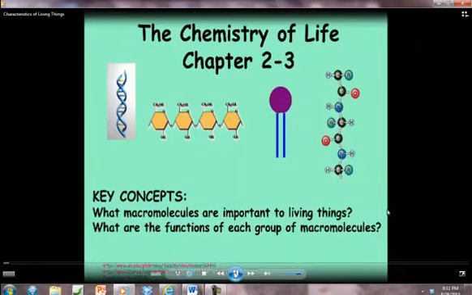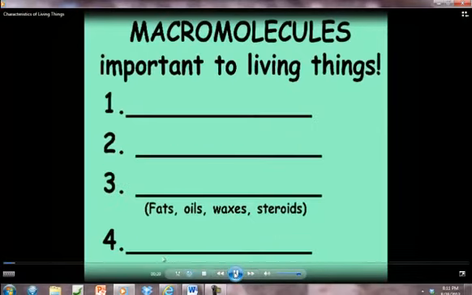Today we're going to talk about some molecules that are important for living things and what those molecules do, where we get them, what they look like, and what functions they have inside cells. We're going to start by making a list of 4 macromolecules. Remember, macro means big, and all 4 of these groups are molecules that are very important for living things. So we're going to make a list, and then we're going to talk about them and give you some